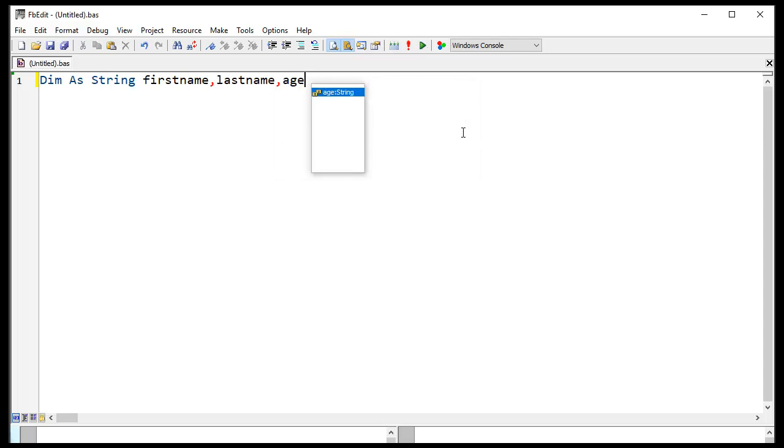and then press enter to move to the next line, and then type the input. Between the double quotes, just type enter your first name, and then after the comma you must call your variable name first name,